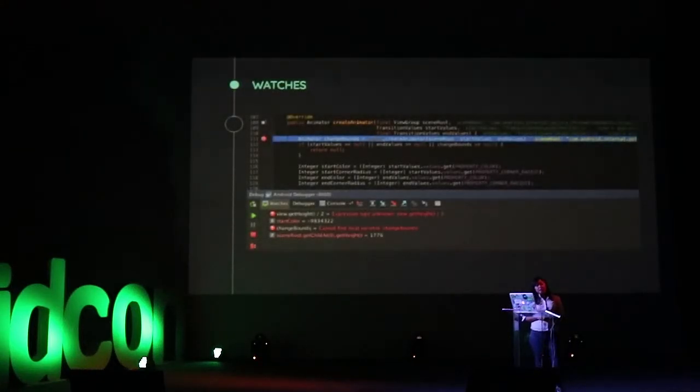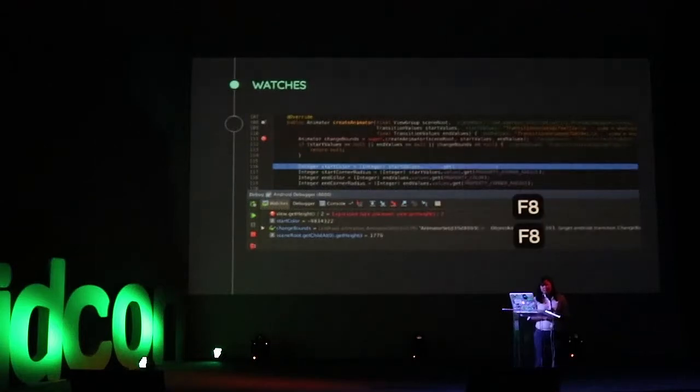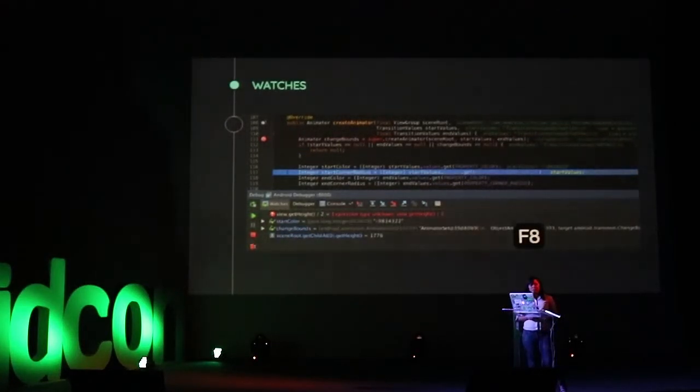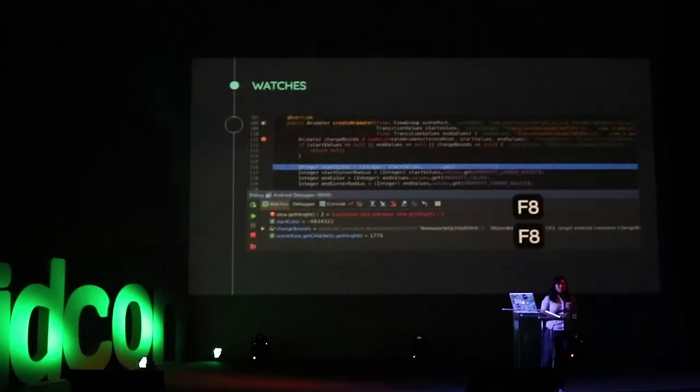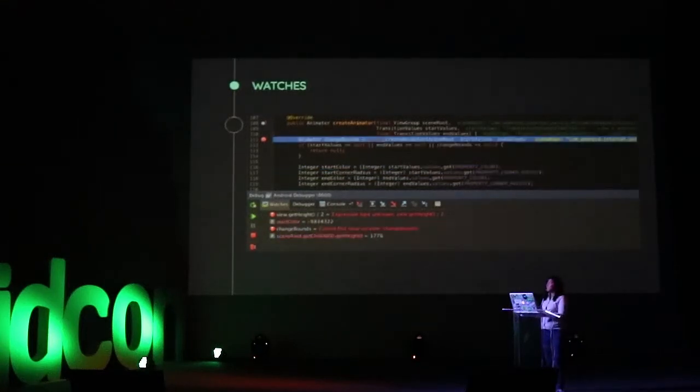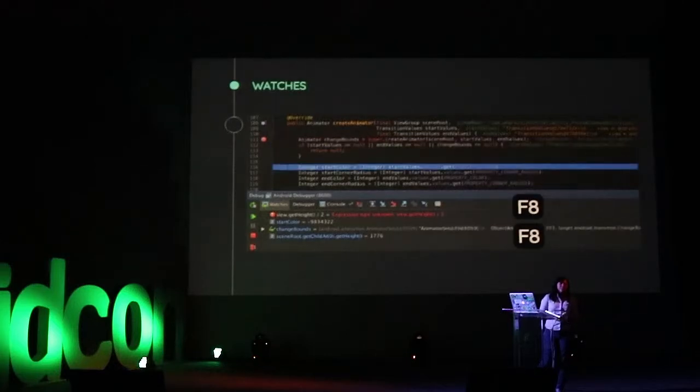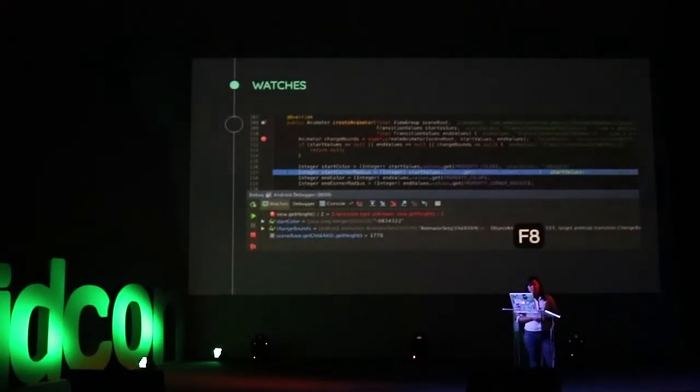The thing I like about watches is that once you are stepping through the code, these watches are retained across debugging sessions. So even if you close Studio or you stop debugging, these watches will stay there. You do need to do a bit of housekeeping though, because it can grow to a huge list.